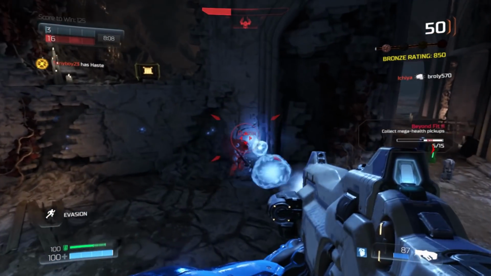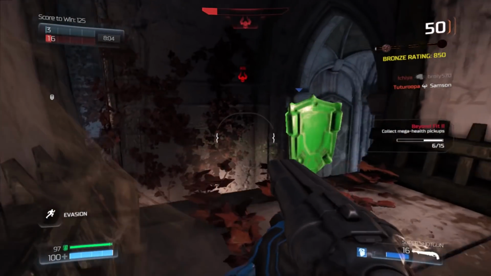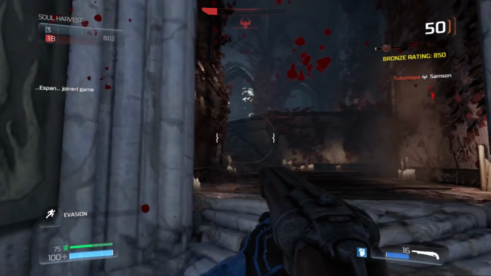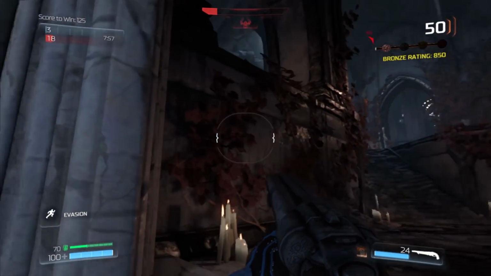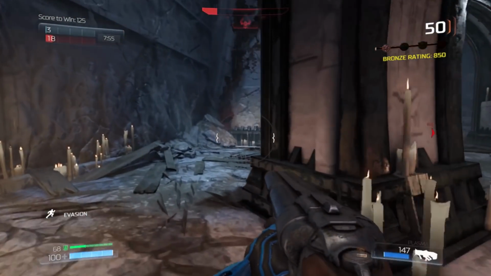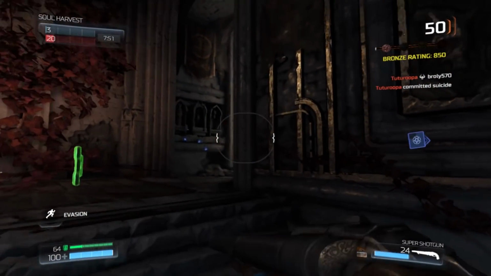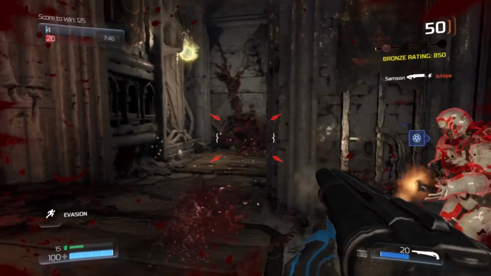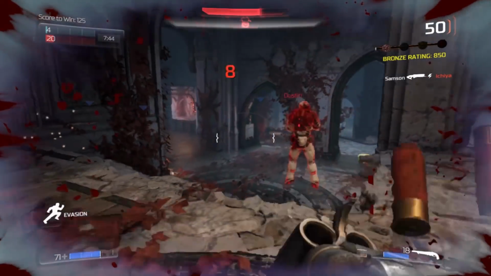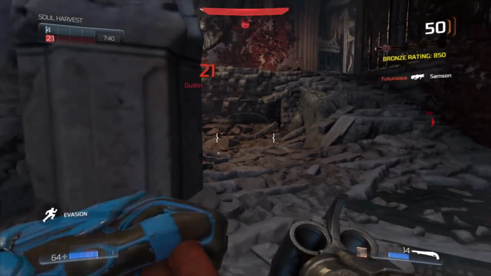Oh, mega health. Damn it. Where'd he go? Oh, he went behind me. Come down to me, you son of a bitch. There he is. I've got evasion. I'm moving really quickly, but...